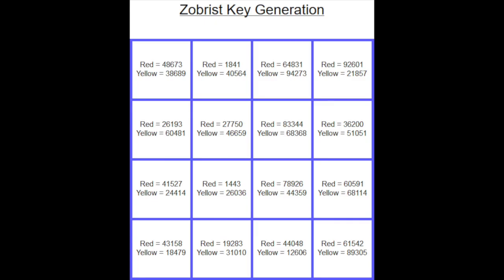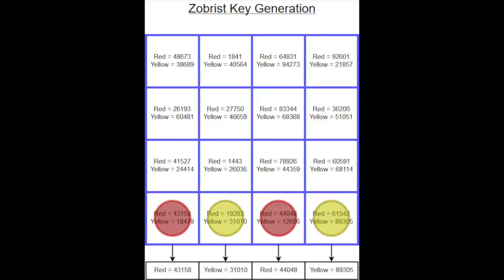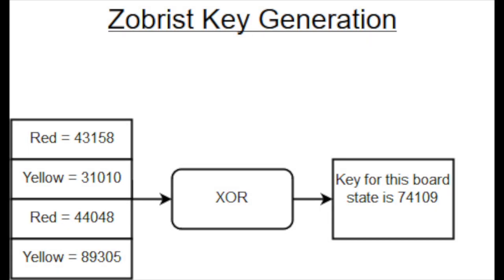The method that we use to do this is called XOR-based key generation, and it is commonly used in chess. For each space on the board, the red and yellow pieces will have a unique random number associated to it. For every piece on a specific board state, all the numbers associated to the red and yellow pieces on the board are XORed together. This will result in a unique key for every possible combination of boards with very minimal